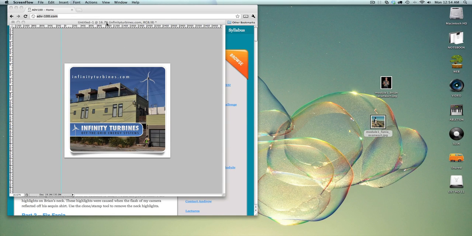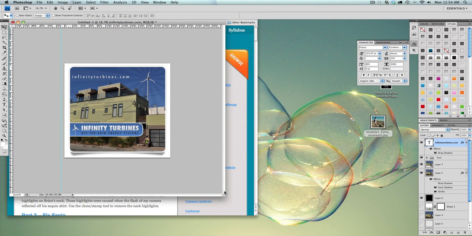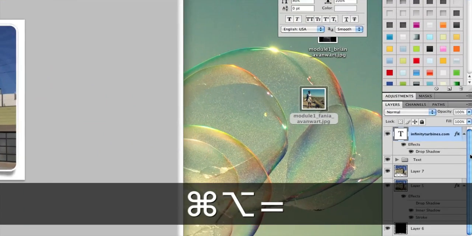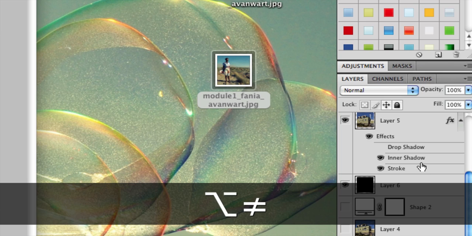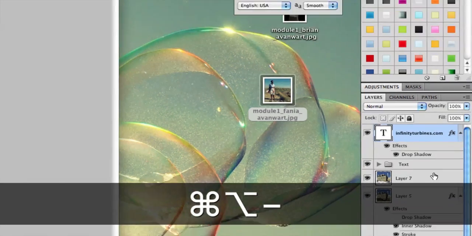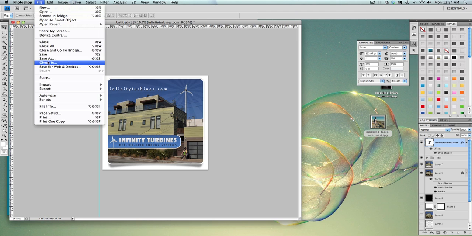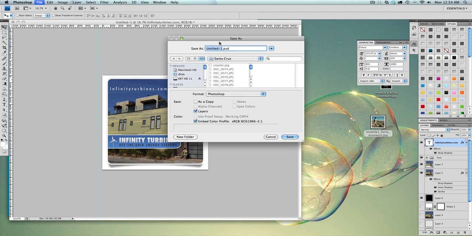Okay, I'm just wrapping up my final image, which is the wind turbine advertisement. And if you'll notice over here, I have all these layers. I want to preserve all of my layers. So I want to make sure that I'm saving this document as a PSD file